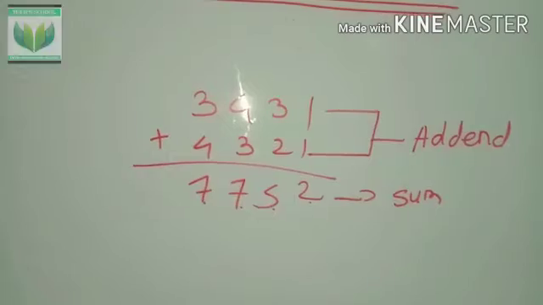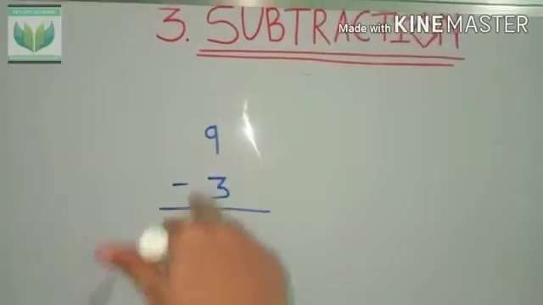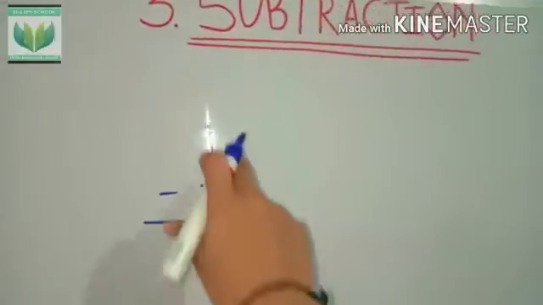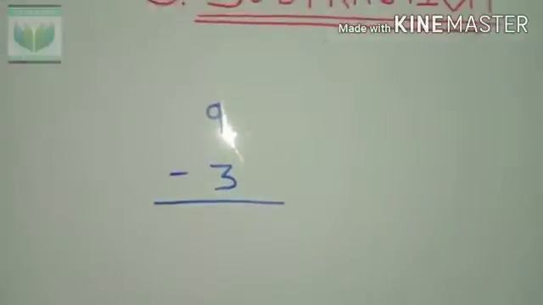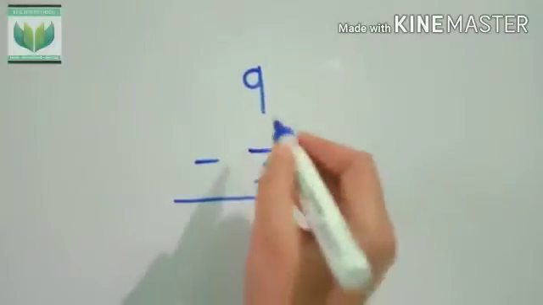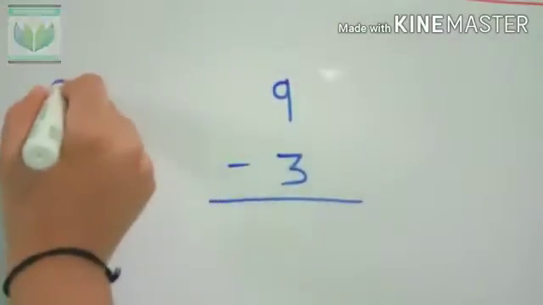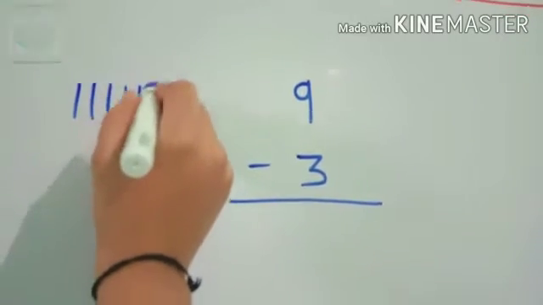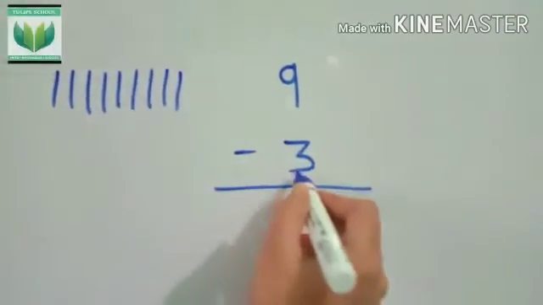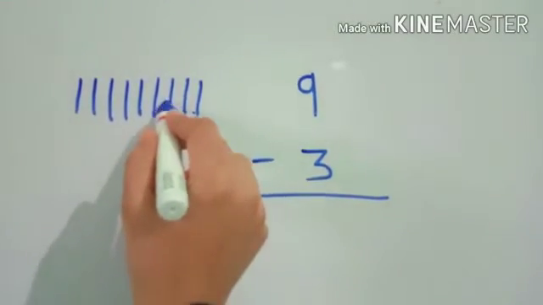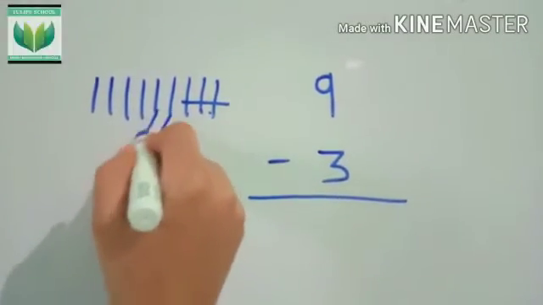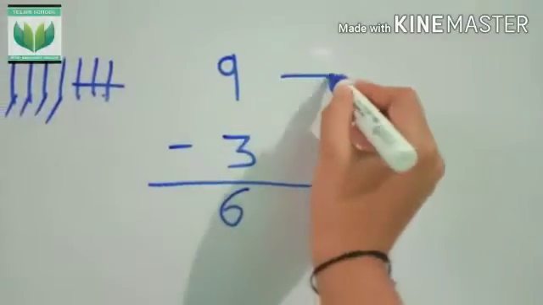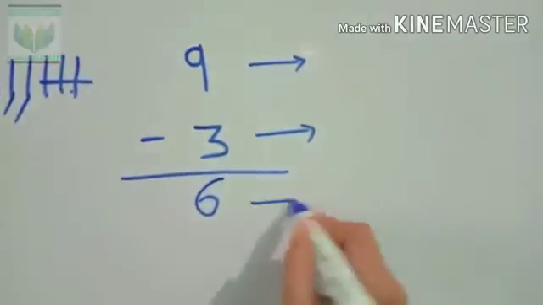Let's see. Now look, I wrote one example of subtraction. We have to do 9 minus 3. How many remain? If you know, fine; if you don't know, you can directly do scribble. 1, 2, 3, 4, 5, 6, 7, 8, 9. You have to cut how many? 3. 1, 2, 3. Now count the remaining: 1, 2, 3, 4, 5, 6. The remaining answer is 6. But what is 9 called, what is 3 called, and what is the answer 6 called?